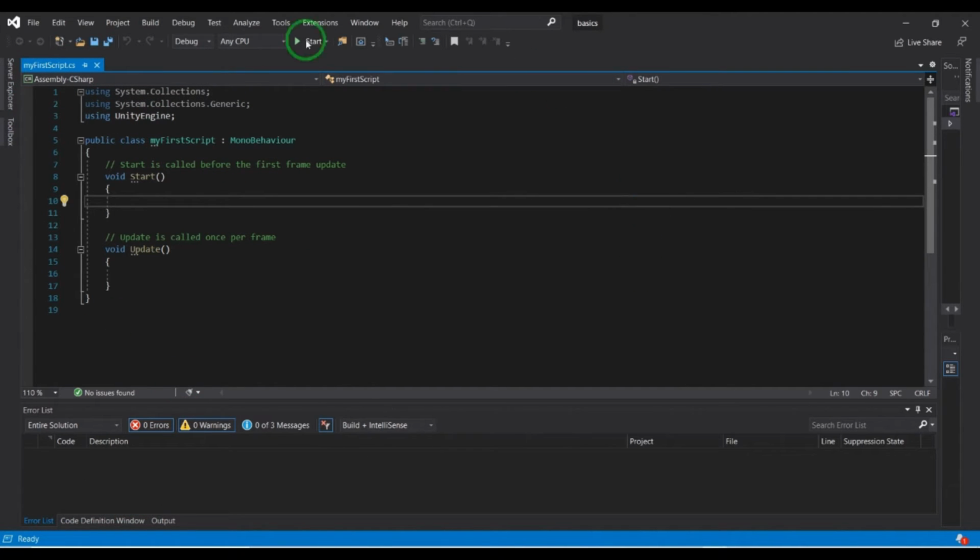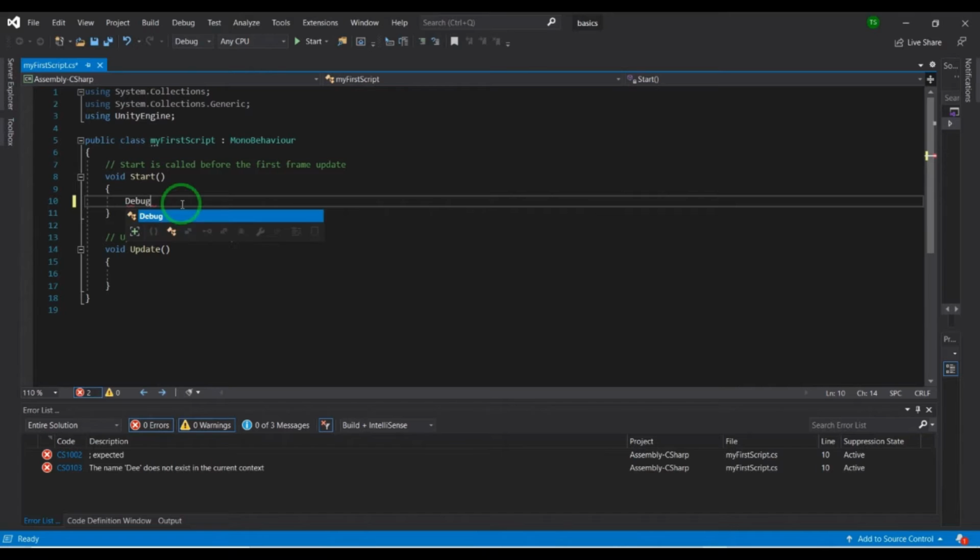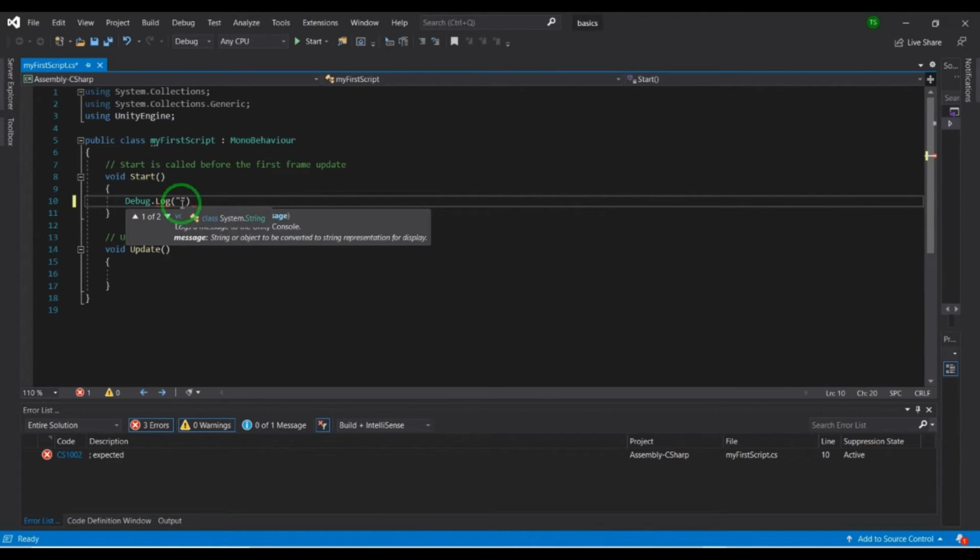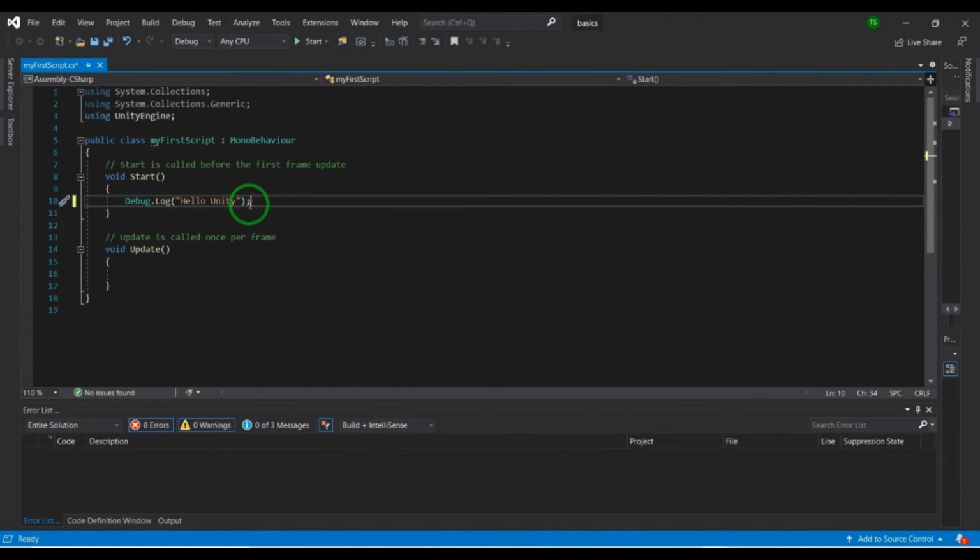Here we have some code, but before I explain that code, let us write a basic code, our first code, that is hello Unity. Here it is. Okay, and now I am saving that script.